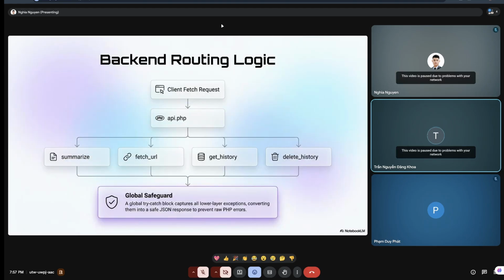Next, the backend supports three main API actions. The first action is summarization. When the user clicks the summarize button, the front end sends the document text and summary length to api.php, so the action equals summarize. Then the controller validates the input, calls the Gemini service, saves the result using the history model, and returns the summary as